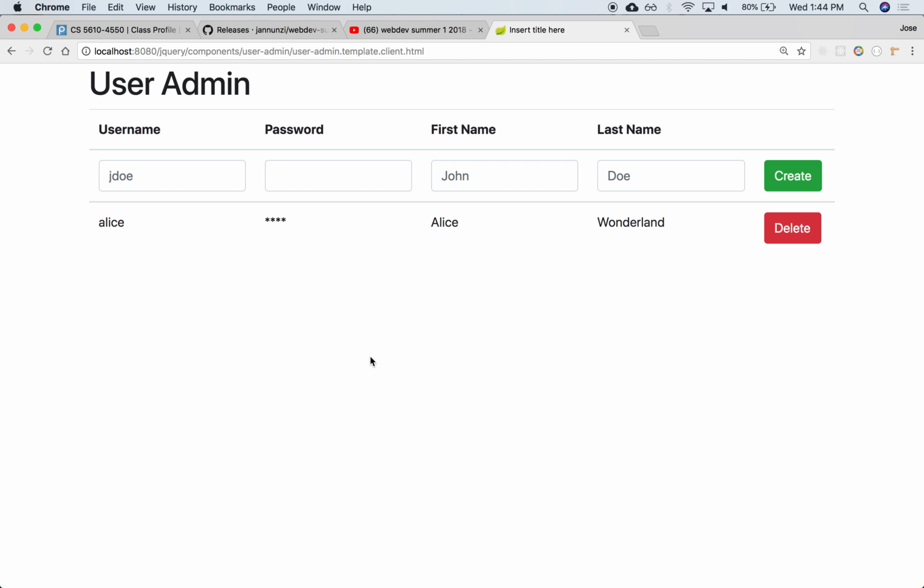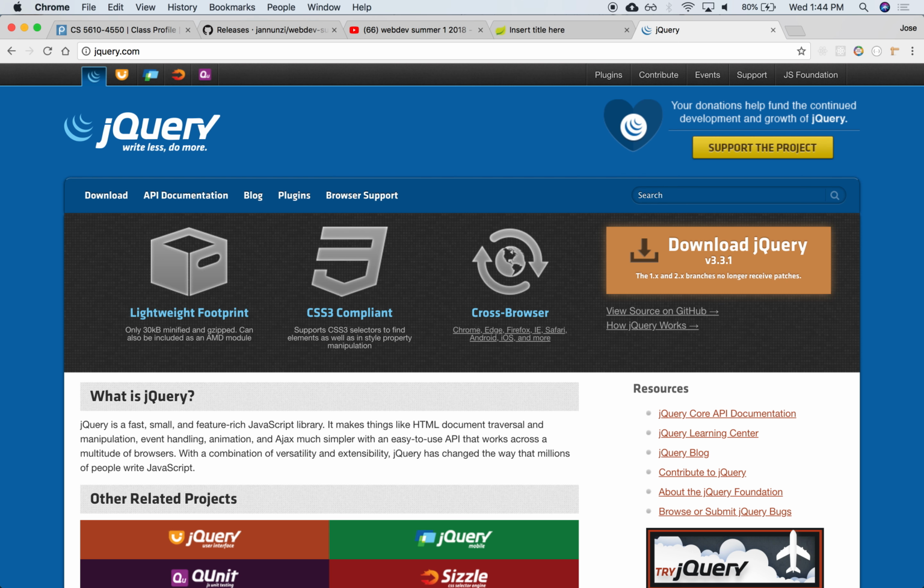Well, we need to add some JavaScript. We need to use jQuery. jQuery is a very, very popular JavaScript library that solves one very important problem. It's available at jQuery.com. I encourage you to read through their documentation. But basically, the problem was that